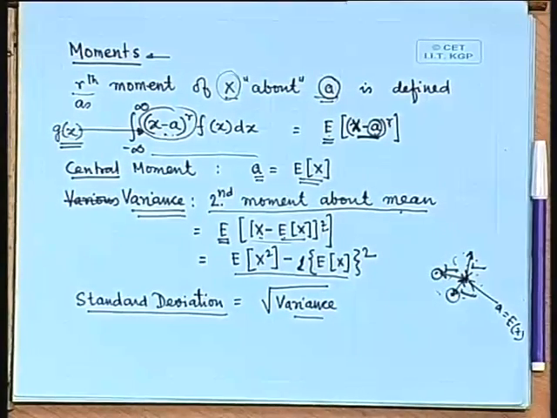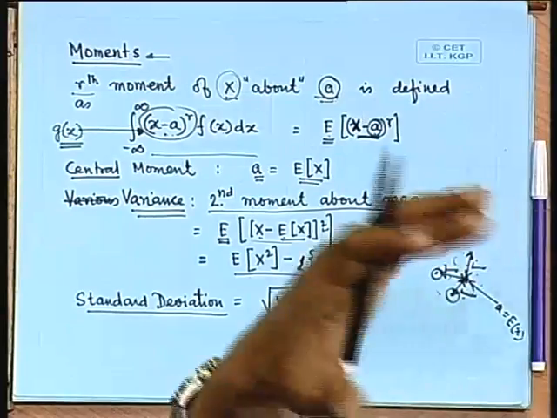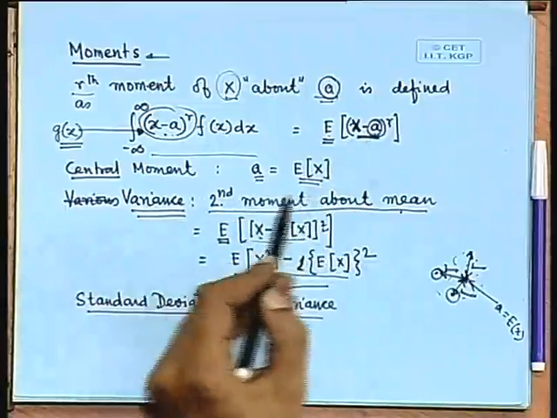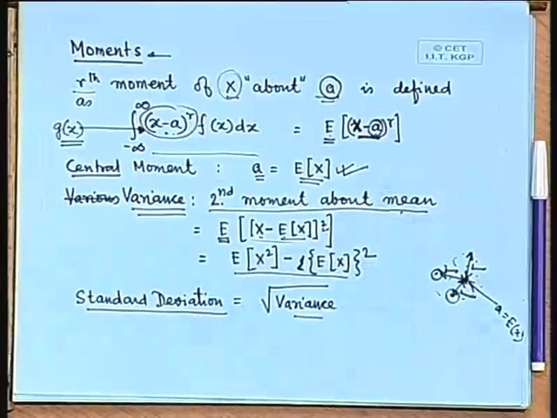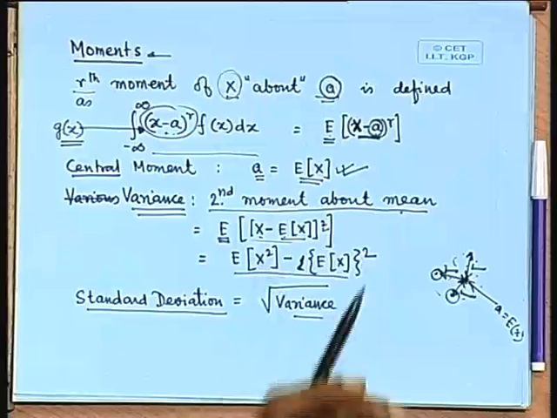We are just trying to find out the expected value of these distances. Okay. So, that somehow indicates how much, on an average, the random variable is away from the mean. If this expected value is large, it means that the ball is large around the mean. Okay. So, a very common choice is that we choose a equal to expectation of x, and since Euclidean norms and square norms are so popular and make so much sense to us in the physical sense of the word,